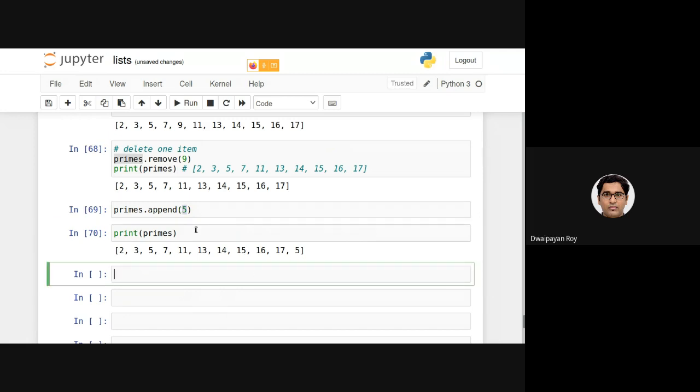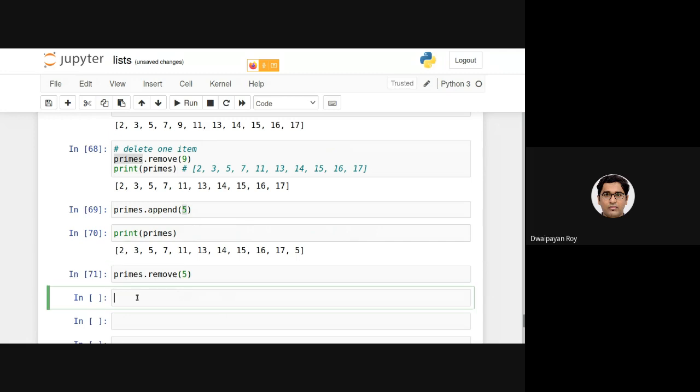Now, what if I call the remove function specifying 5 as the parameter? Of course, it will be performed okay, but what will be the output? It will basically remove the first 5.